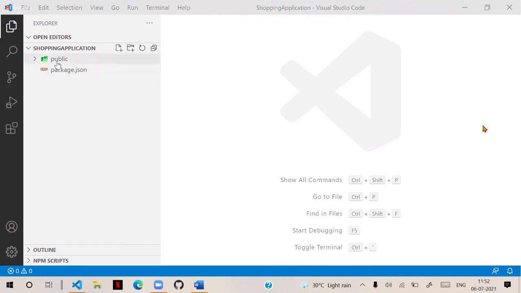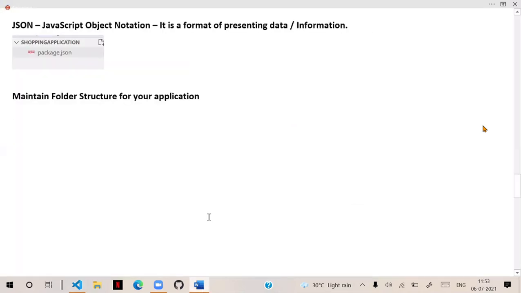So the one is the public folder. Next, add another folder. Remember, while adding another folder, make sure that you are not selecting public, because if you select public and add a folder, it will add a folder inside it. So click outside and add another folder, and we will give this folder name as SRC, source. SRC is the folder. These two are very important folders for us. What are the two folders?